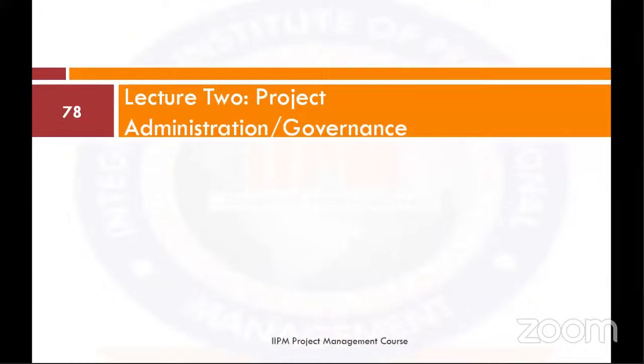Project governance or administration refers to the framework, functions, and processes that guide project management activities in order to create a unique product, service, or result to meet organizational, strategic, and operational goals. There is no one governance framework that is effective in all organizations. A governance framework should be tailored to the organizational culture, types of the project, and needs of the organization in order to be effective.